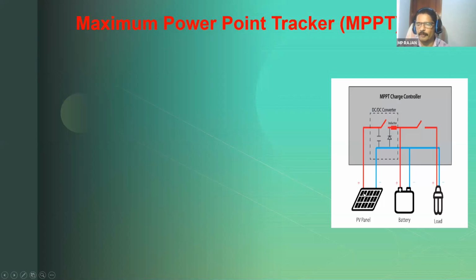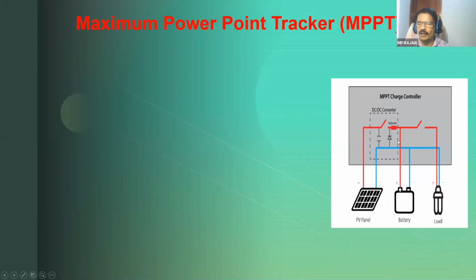When solar power supply is connected to the battery and load through the DC-DC converter, it consists of DC-DC converter circuit and switch also. When the switch is closed, supply will be going through this, battery is getting charged, and through this switch your auxiliary load is getting the supply. The output of the DC-DC converter is only given to the battery and the load. So iska output fixed hai, voltage fixed hai.